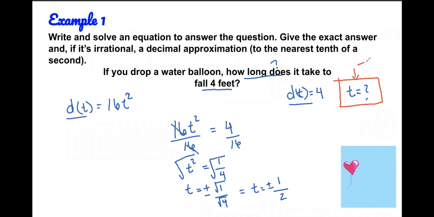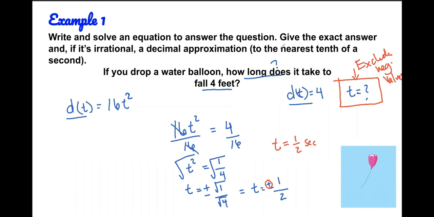So we're going to exclude all negative values. So I'm going to write, exclude negative values, which means that this plus or minus will only be considered to have our plus. So therefore, our time for our water balloon to fall 4 feet will only be